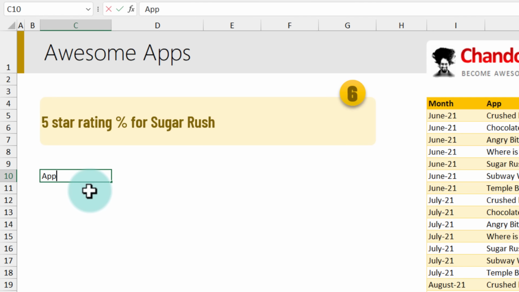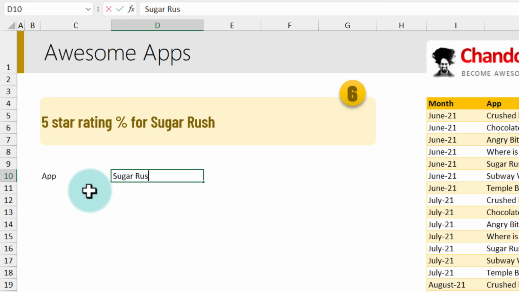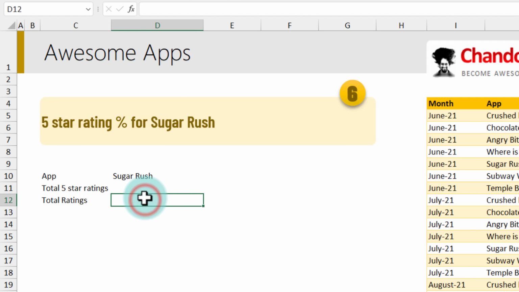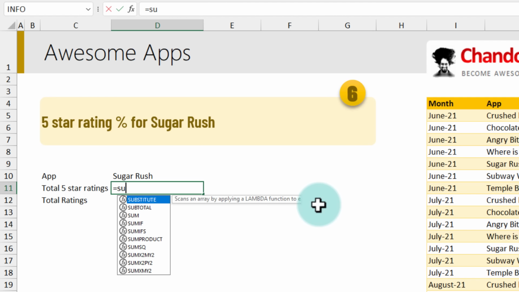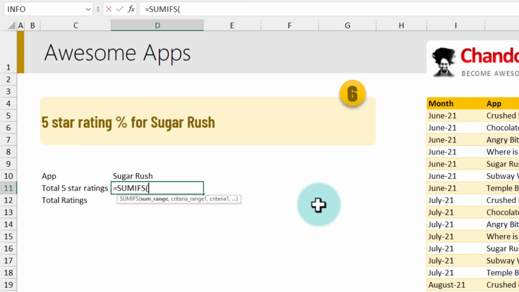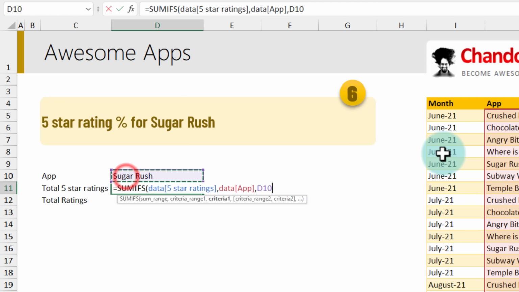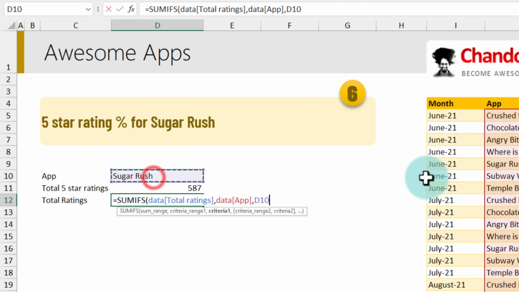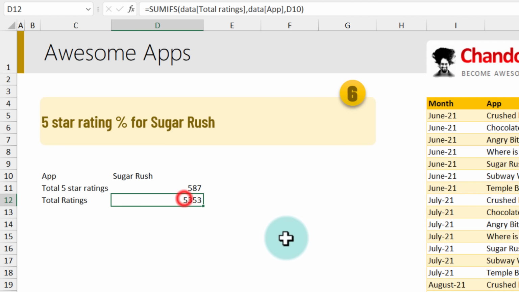So our app is SugarRush. And then we just have to calculate these two numbers, total 5-star ratings and total ratings for SugarRush. So this number is a SUMIFS formula, SUMIFS of 5-star ratings, where app is SugarRush. So it has been rated 5-star 587 times. The next is SUMIFS total ratings, app is SugarRush. And it had received total of